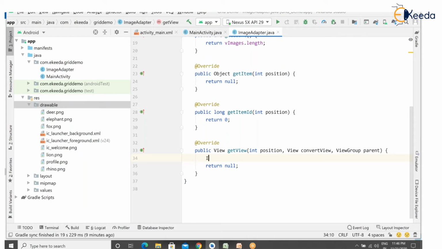So now what I'm going to return? An image view. Just take an image view, semicolon. So return image view. But what is the problem? It has not yet been initialized. So now here I'm going to check a condition to see if the view is already existing. What is my view? Convert view. The view object convert view. If this convert view is null, it's going to create a new image view at runtime, or else